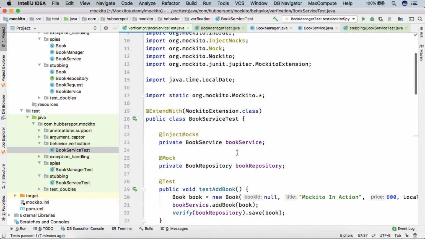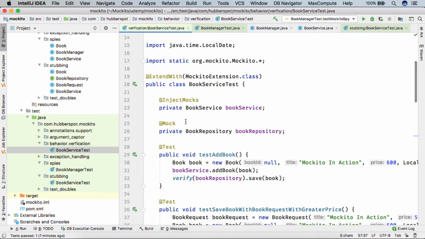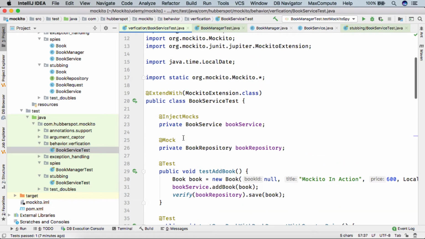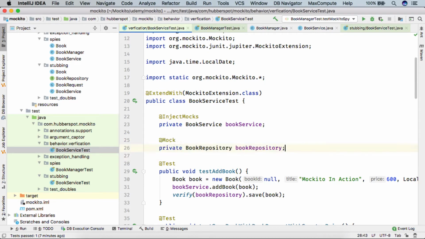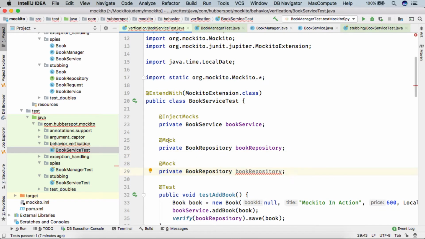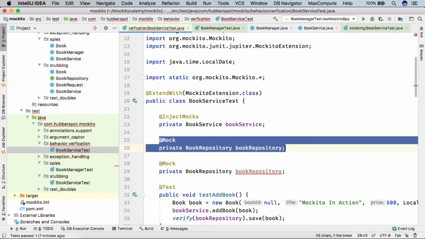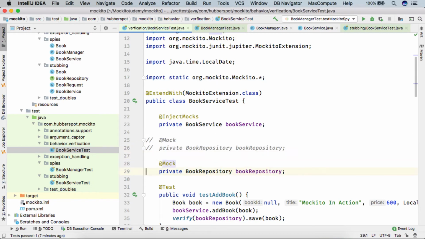So friends, when we deal with the spy or mock, the behavior verification works very similarly. So let's say for time being I simply copy it and paste it below, and here I comment this part and I make it a spy.